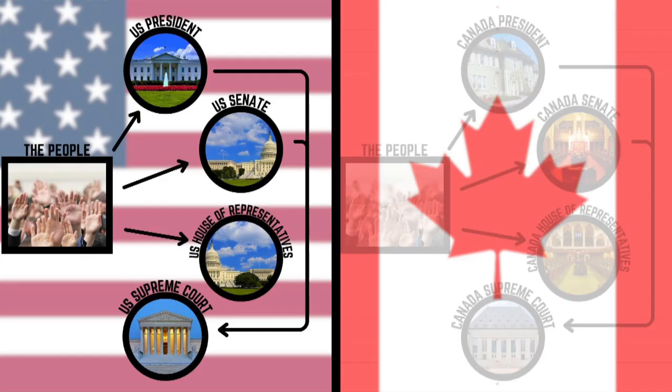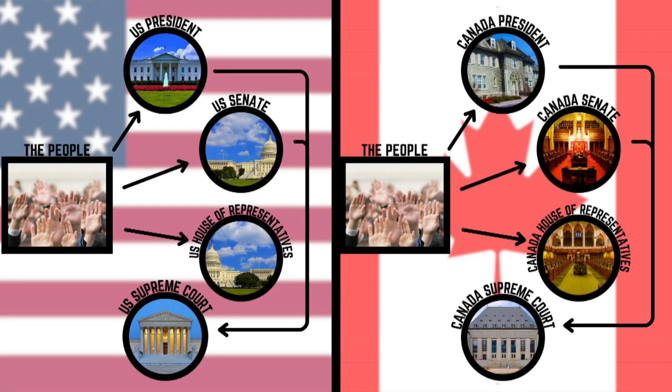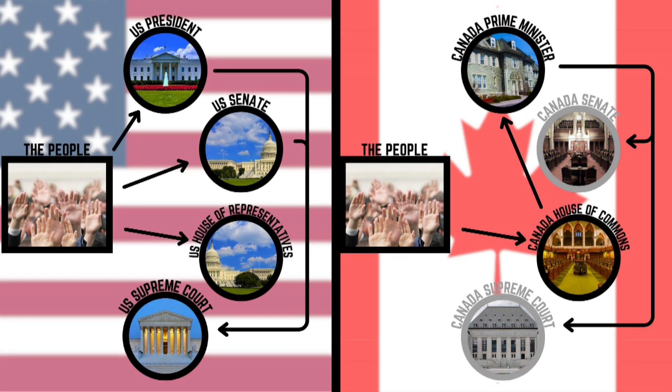Alright, Canada is just like this, except instead of a president, it's a prime minister, and instead of a House of Representatives, it's the House of Commons, and their legislative branch is called Parliament and not Congress, and the House of Commons chooses the Prime Minister, not the people, and the Prime Minister gets to choose everything else. Okay, so it's nothing like our system. But since the Senate and the Supreme Court aren't elected and don't really matter, we'll skip over them for this video.